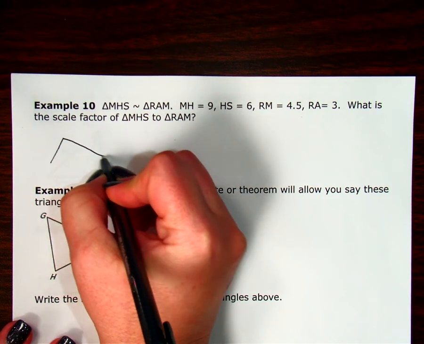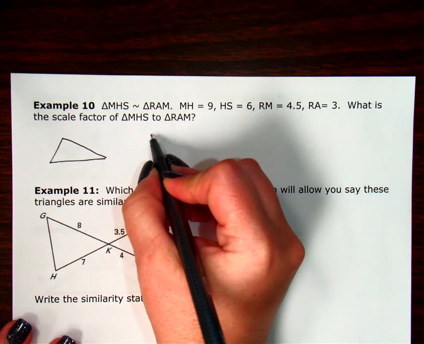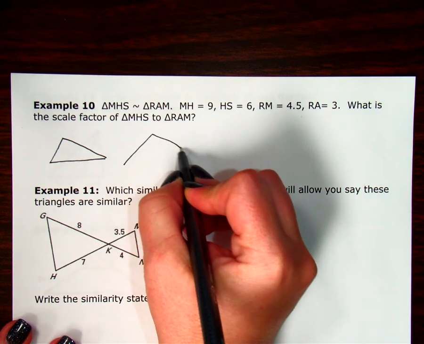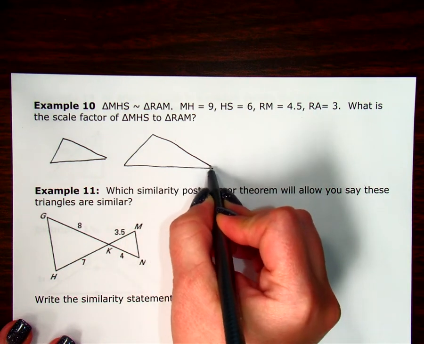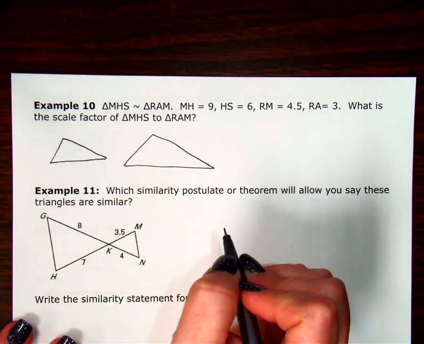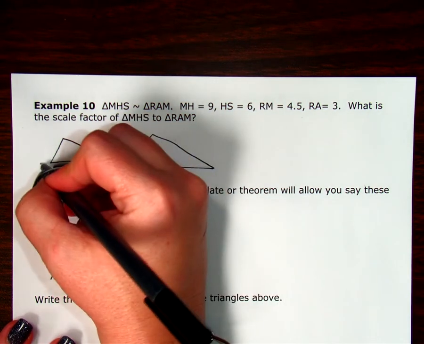I'm just going to make a triangle that looks kind of scalene, and then I'm going to make another triangle that looks kind of scalene, but a little bit bigger because I want them not to be congruent. I want them to be similar, so one's going to be bigger than the other. I'm going to name one MHS,